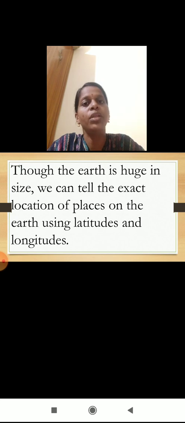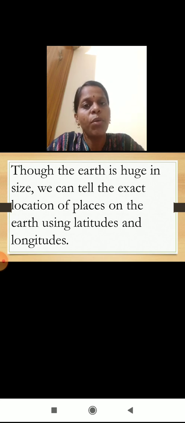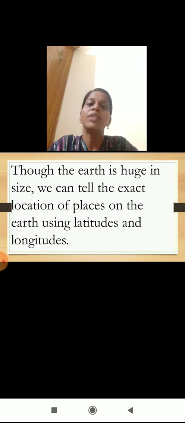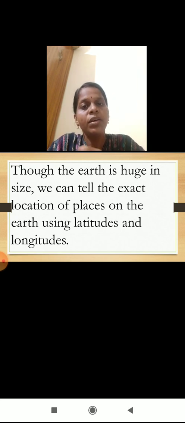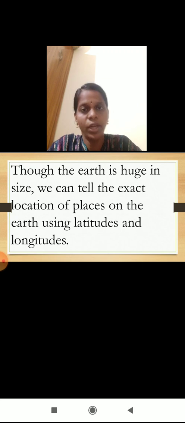When we studied the meridians of longitude, they tell us about the time of that particular continent, which has a difference in each and every place. It could be half an hour, 2 hours, 3 hours. And Indian Standard Time is 5.5 hours ahead of Greenwich time. Exactly. That is the prime meridian, which is in England. So longitudes help us know the exact timing of a particular place or continent.